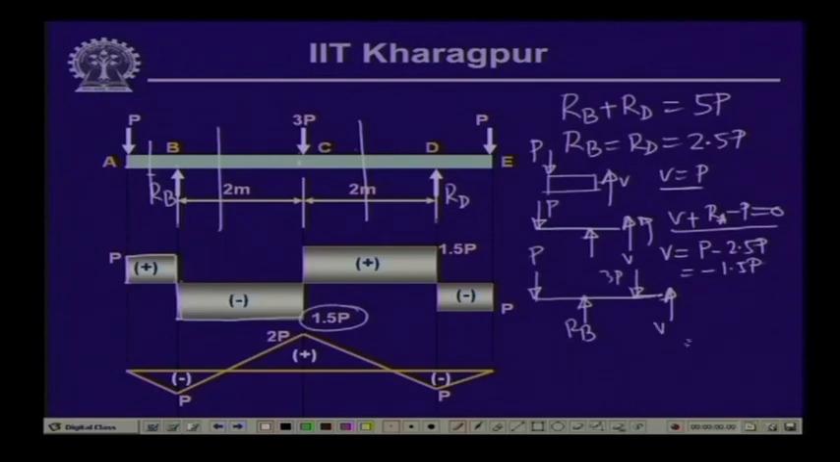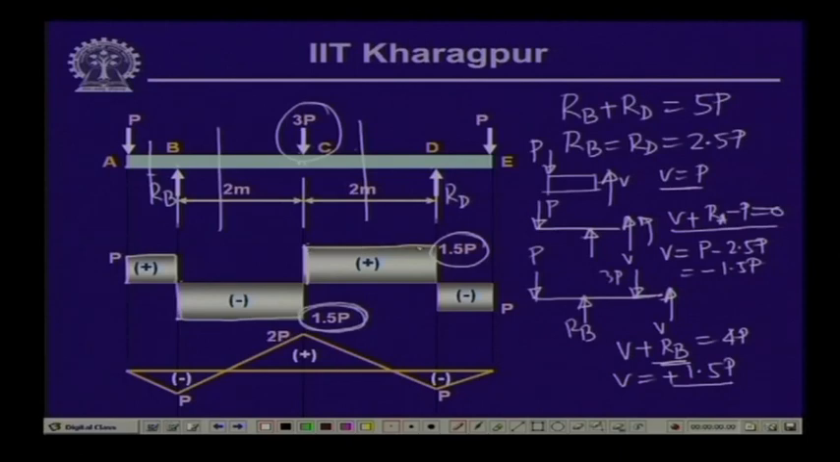Now, if we take the equilibrium of the vertical forces, we have V plus R B, and they are in opposite direction, equal to 4 P, and R B is equal to 2.5 P. So, V is equal to plus 1.5 P. So, you see immediately before C we had minus 1.5 P, and immediately after C, after the concentrated load, we have a change in shear force which is 1.5 P plus 1.5 P, and again between C and D, since there are no loads,